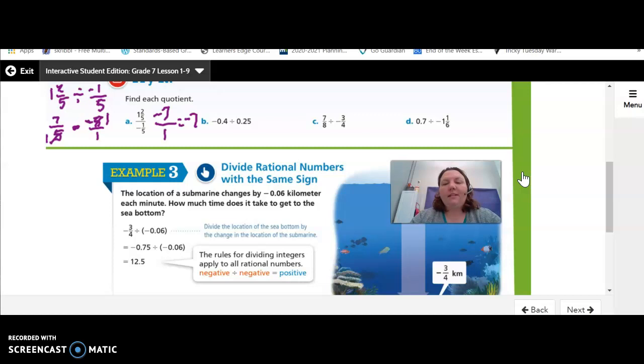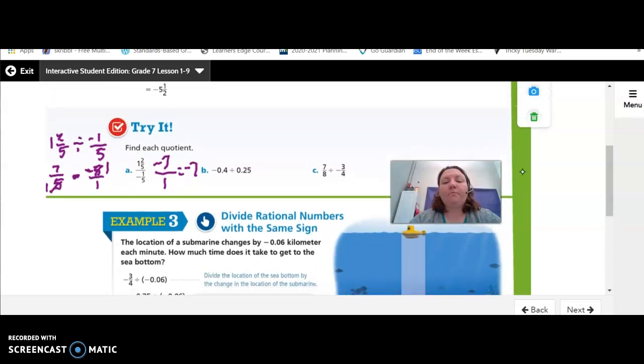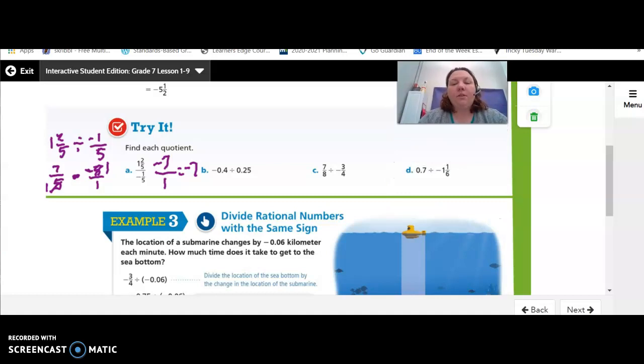All right. Let's look at letter C. Of course, for letter B, we could turn these decimals back into fractions and use these same steps, or because they're already both in decimal form, we could use our calculator to help us divide them out as decimals. Okay. So I'm going to focus my examples on the fraction form because I know you guys are pretty comfortable with your calculators. So looking at letter C, I have 7/8